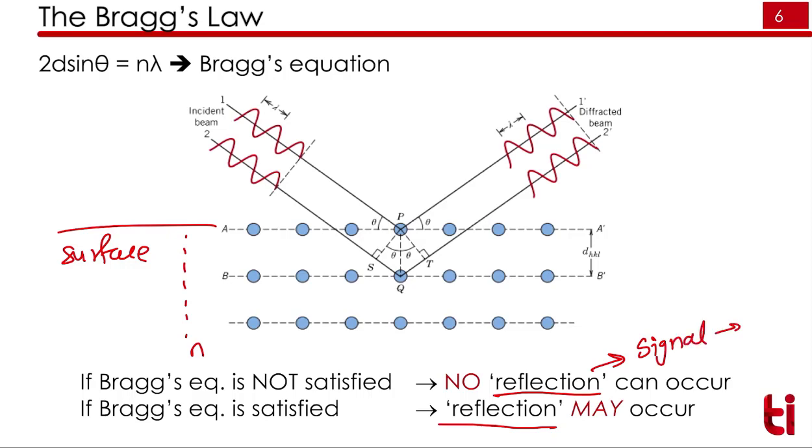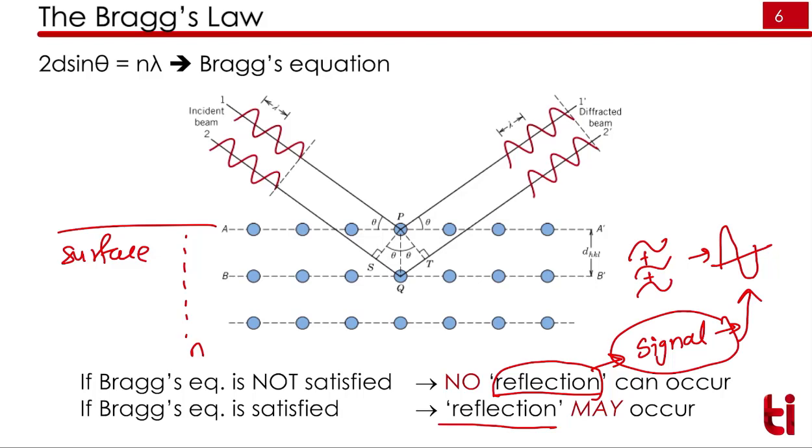Signal means that if waves interact together, for example three waves like here, and they are in phase and we add these waves, the output will be an increase in intensity. So this reflection or signal means we are getting high intensity from that particular plane. Now you can see one thing: this d-spacing is a property of the crystal, and we cannot change the d-spacing.